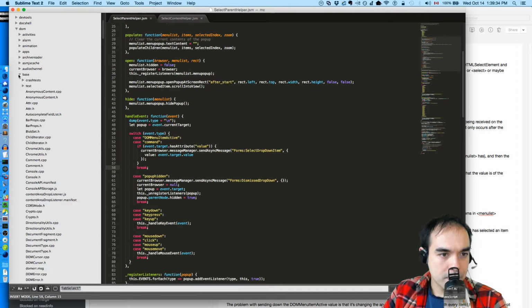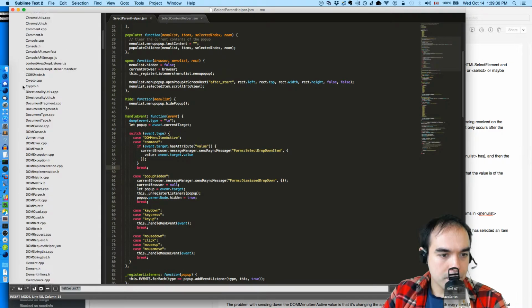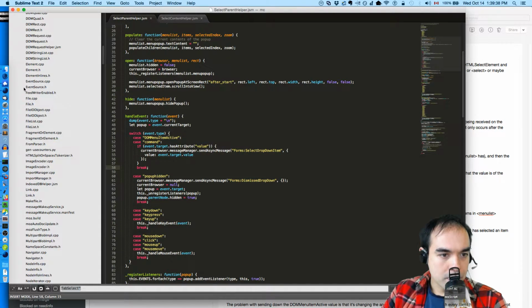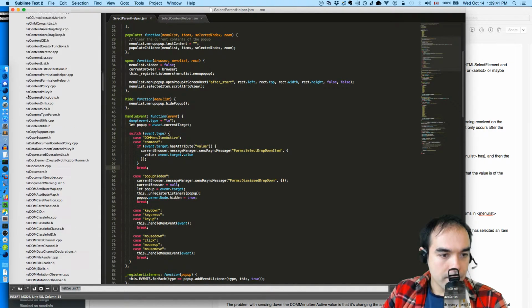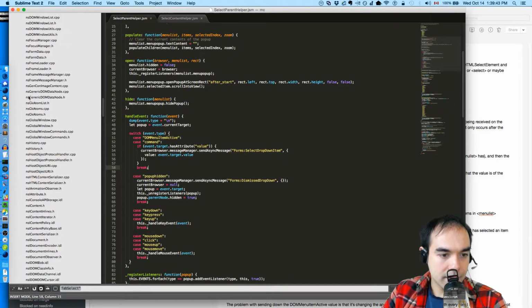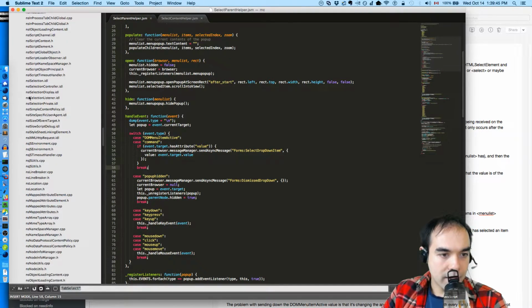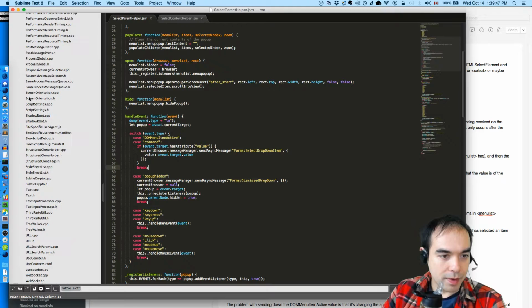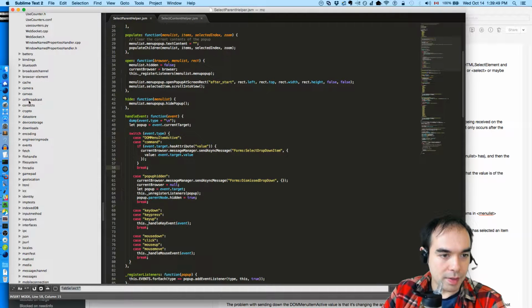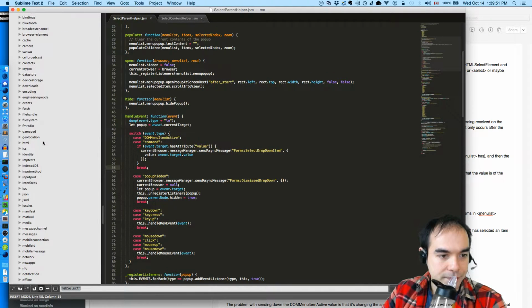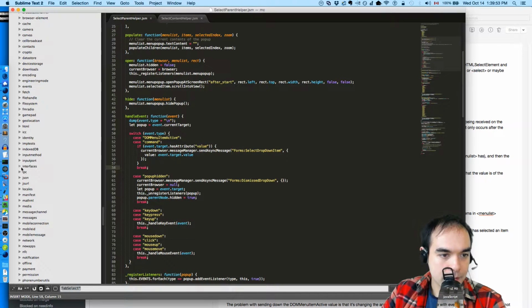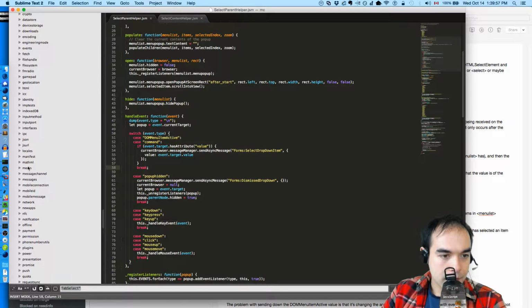DOM. And then something like select HTML something or other. It's not going to be in base. Network.